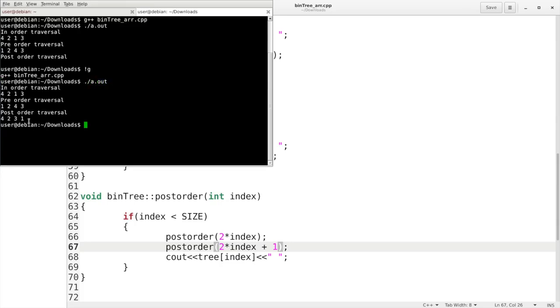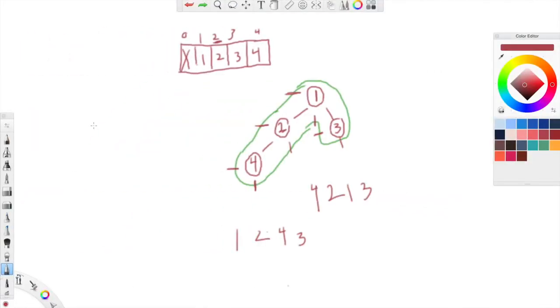So our post-order traversal comes up 4 2 3 1, which we can go and check over here. Remember, with our post-order, we follow the track. When we get to the right side, we mark it as printing. So 4,